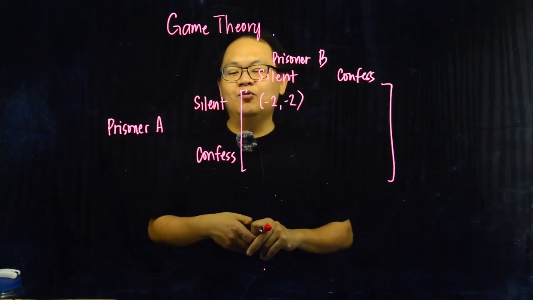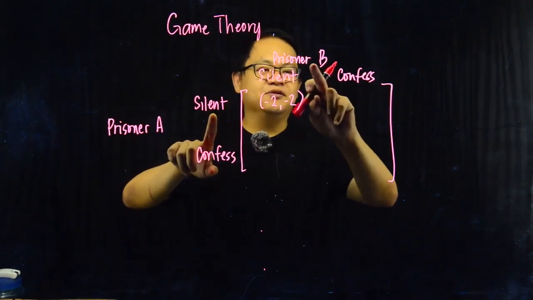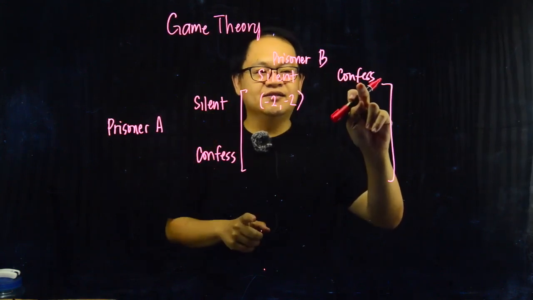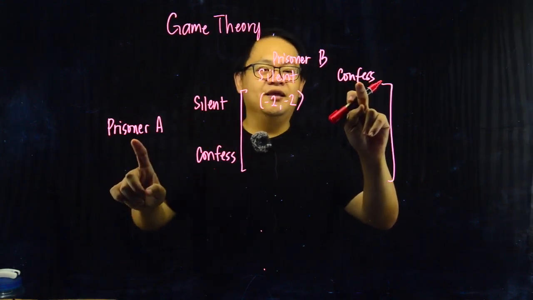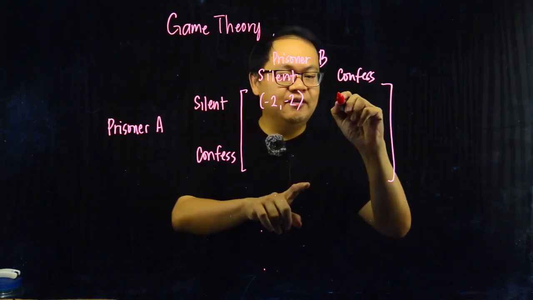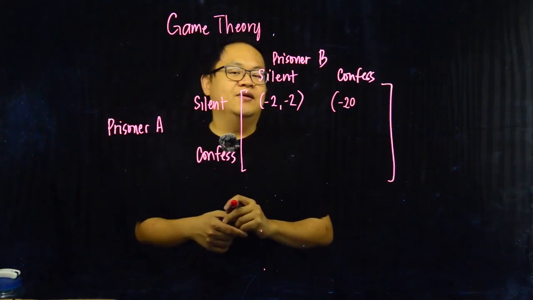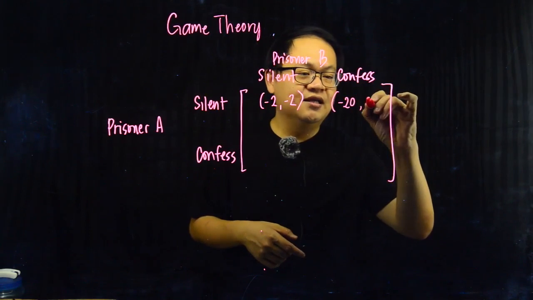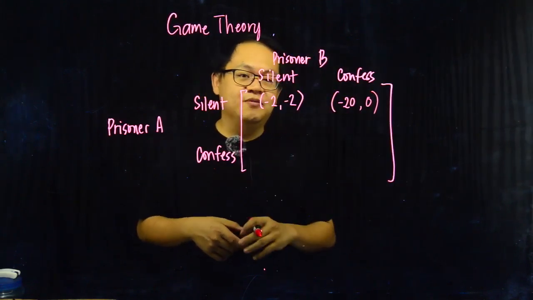Now, what will happen if prisoner A stays silent, however prisoner B confesses? Because prisoner B will confess, most probably he will rat out prisoner A, saying that prisoner A is an accomplice to the murder. Then prisoner A will get, let's say, 20 years. Okay? And because prisoner B confesses, let's say he will not get any jail time, and probably become a state